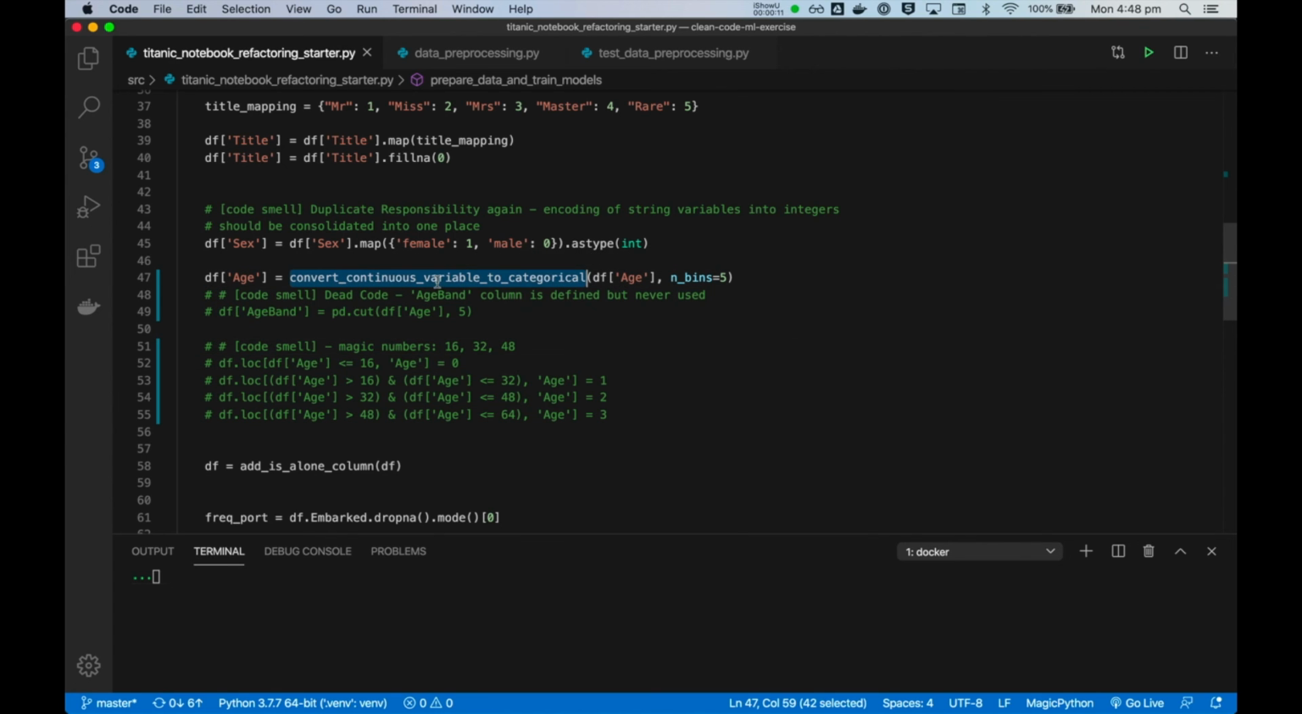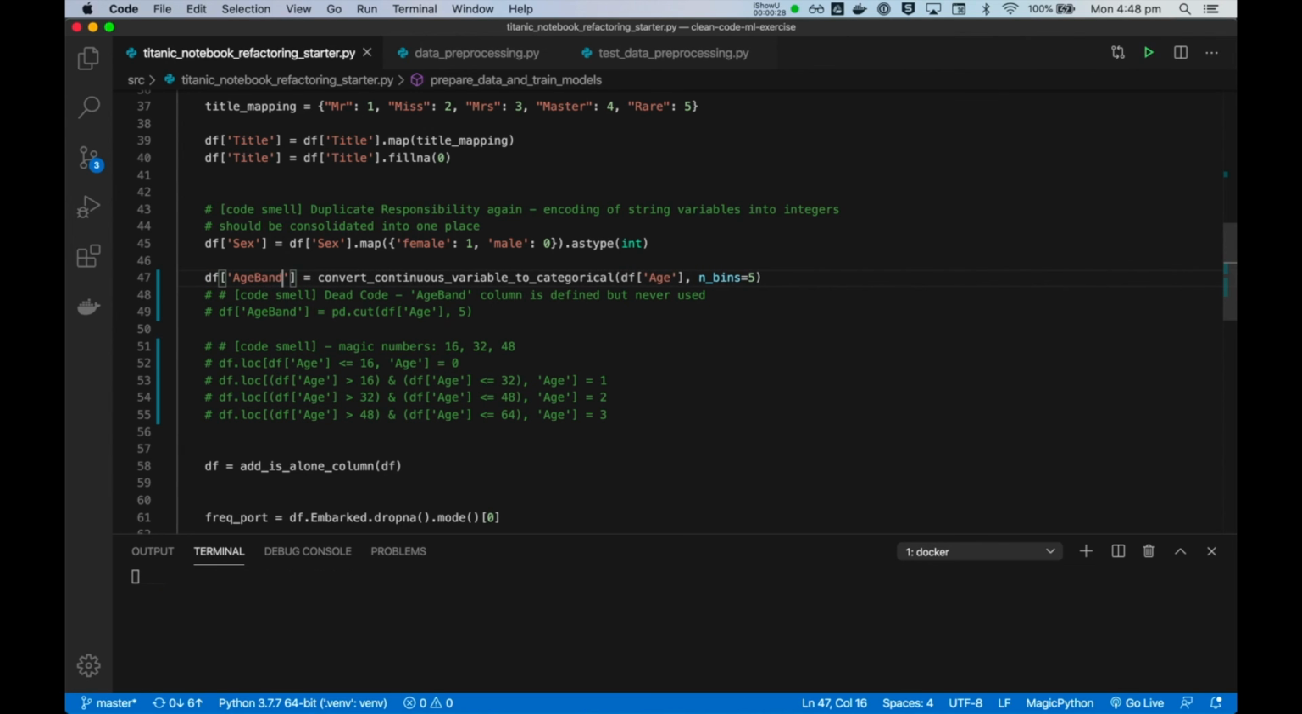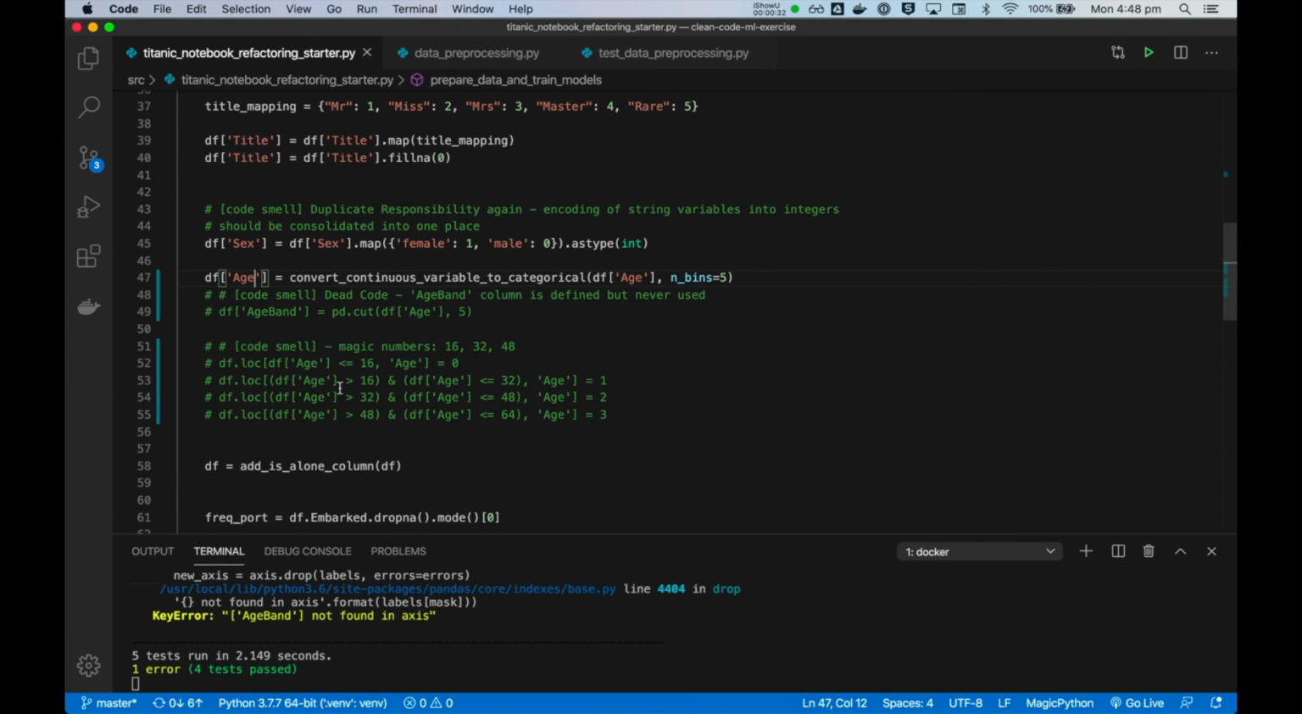I'm going to call this function convert continuous variable to categorical, and it's going to take in a series, convert into this number of bins, and assign it back to this age column. This is not good. I will probably rename this to age band later, but for now, let's preserve the behavior here. All right, and the test case for this,